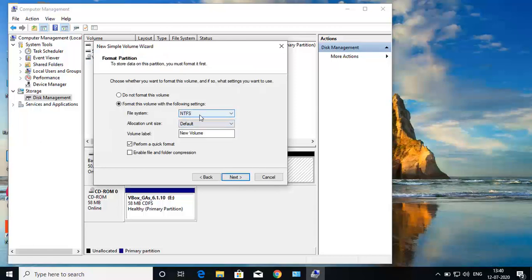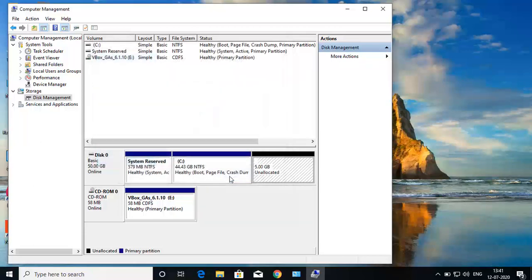Here we can select the file system for the partition, FAT32 or NTFS. By default it is NTFS and we leave it. In the volume label we can name the partition as per our requirement, such as Music, Video or Personal. Say I am renaming it as Purse, and again we click Next and Finish.